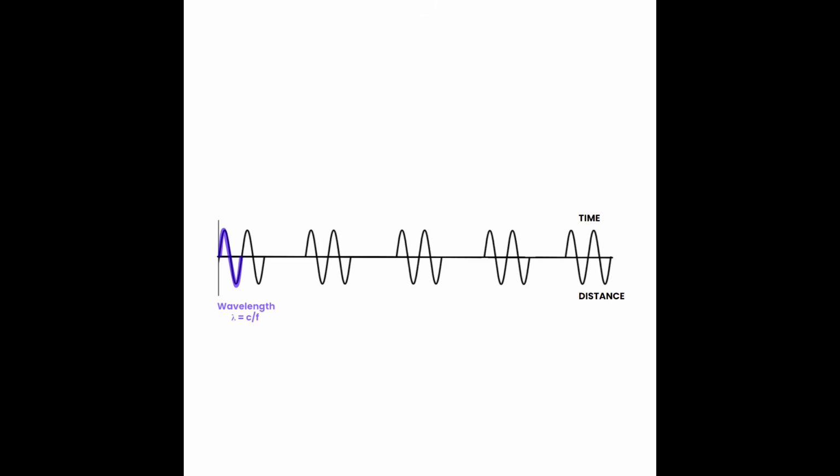So we have our wavelength, which is equal to the propagation speed divided by frequency. We have period, which is 1 divided by frequency. And then not shown on this graph, we do have our frequency, which is 1 divided by the period. Also not shown on this graph, but related to the parameters that can describe continuous and pulse waves, is